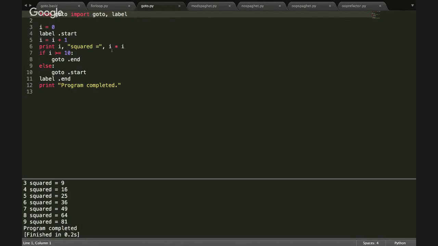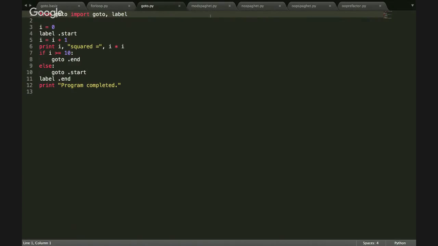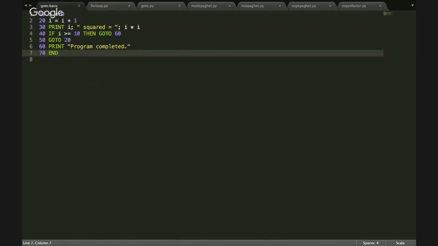And so this is what it would look like in Python, but we won't waste our time with that right now. Okay. So you may be wondering if GoTo is not a problem anymore in computer science because we have